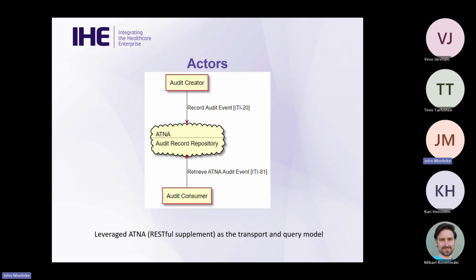It uses a DICOM schema, but we have a FHIR RESTful flavor of that so that all of the FHIR AuditEvent mechanisms can be used. And that's in a supplement. And in that supplement is also a query that uses FHIR AuditEvent. So we already have an audit creator and an audit consumer as defined in ATNA, plus the RESTful supplement. So all we really needed to do was define the content that goes across those transactions, that ITI-20 and